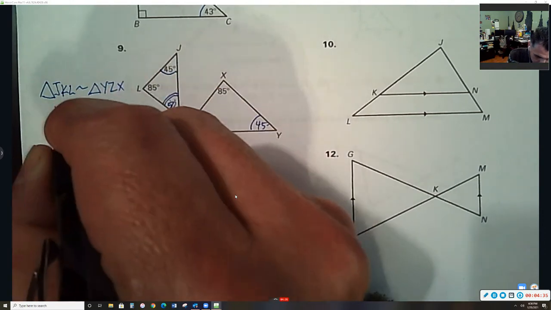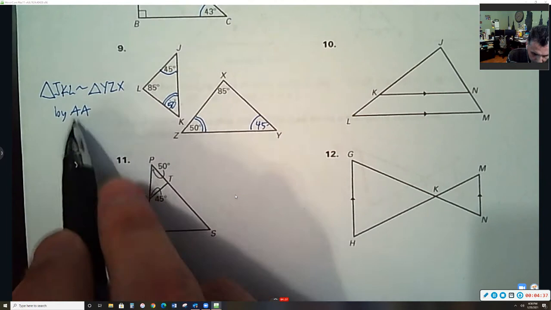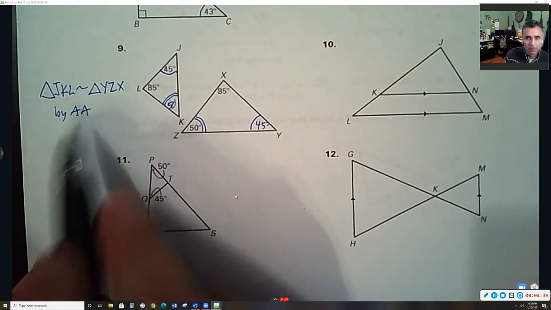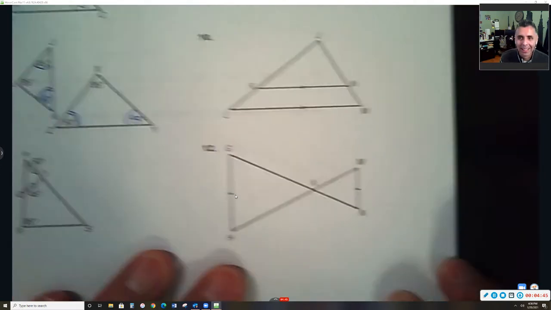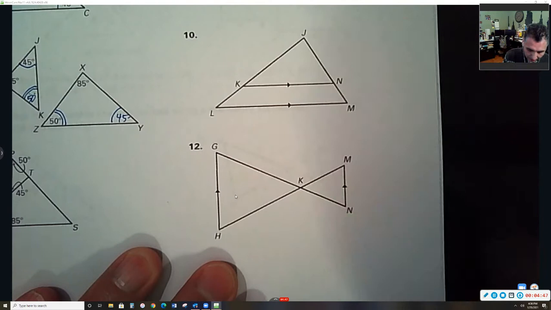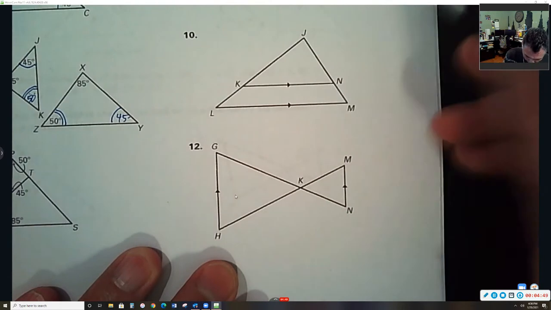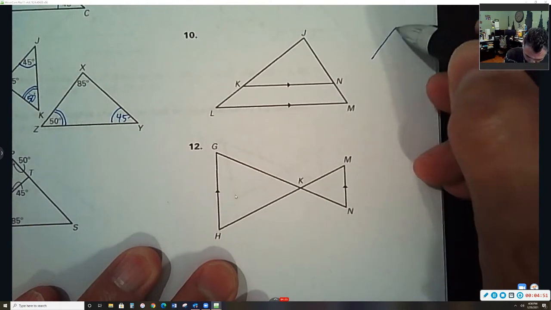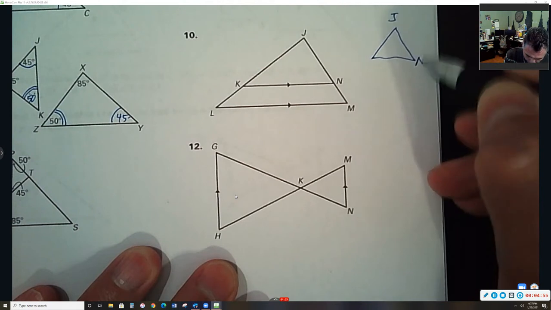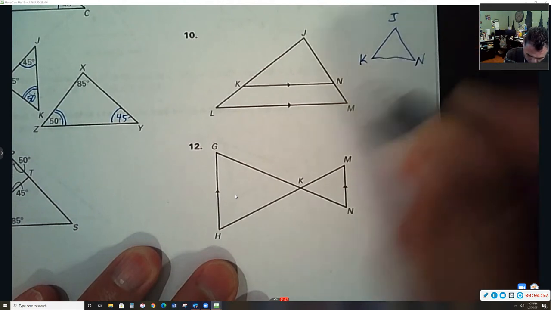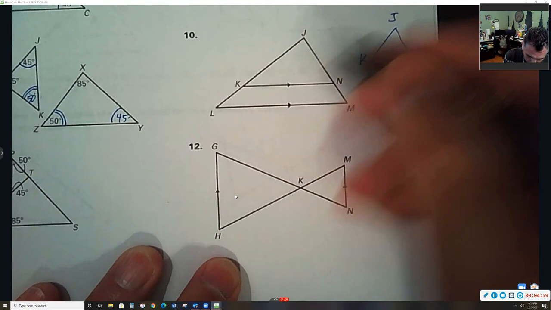And again, that's because we have 2 pairs of congruent angles. Okay? So pause that if you need to pause it. I'm going to keep going. And then whenever you have something like this, try to pull the 2 triangles apart. So this is the top triangle, J, N, K, and then the bigger triangle